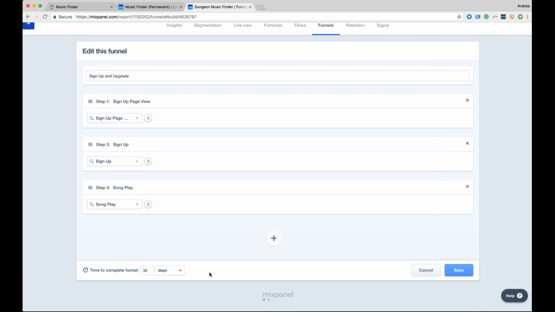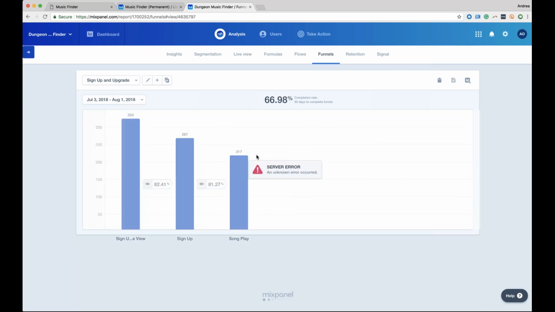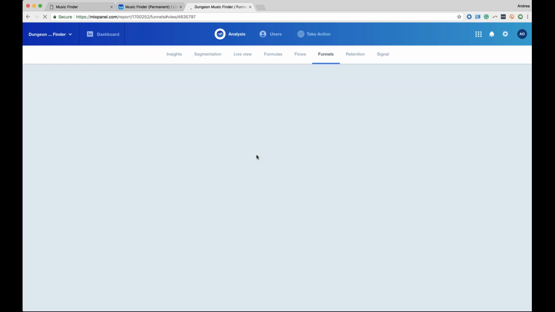Another really important aspect of how we calculate funnels is the time to complete. So the time to complete is found in the bottom left-hand corner, and this is the amount of time a user has to complete the funnel from when they've entered it. So right now I've set this to 30 days. So what that means is our users can do sign up page view between July 3rd and August 1st, but from there they have 30 days from whenever they did that event to carry on and do the remaining steps